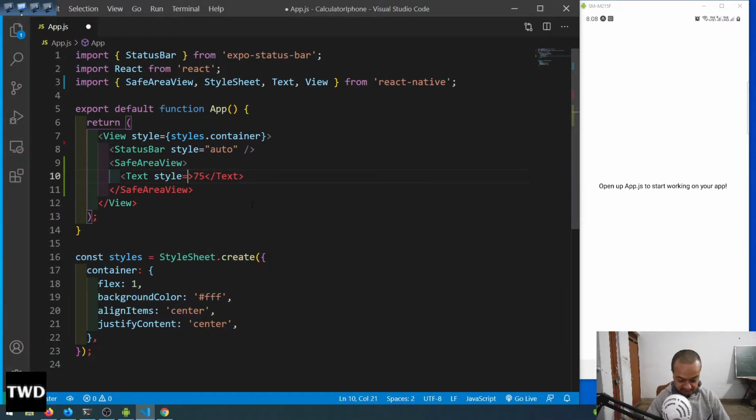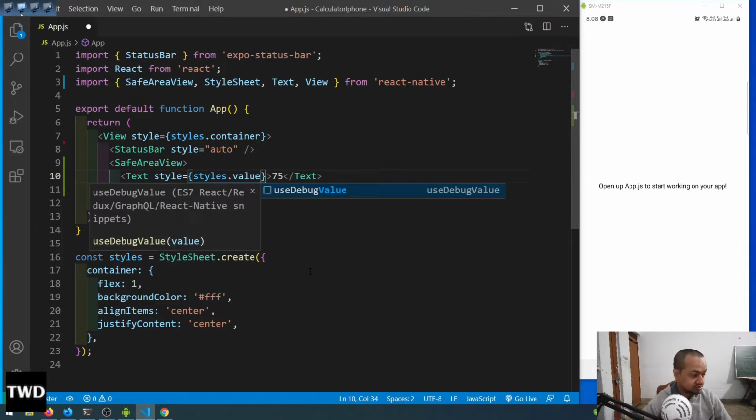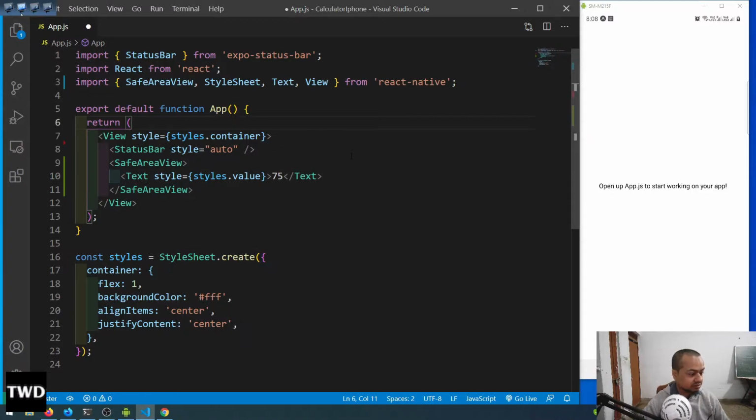style equal to. This is how we style in React Native. Generally in React Native we style in the same file, and we do it like this: style equal to styles.content. We can move it to a different file, but this is how it is. StyleSheet.create is very important. So styles dot value. Now I am going to create this value,